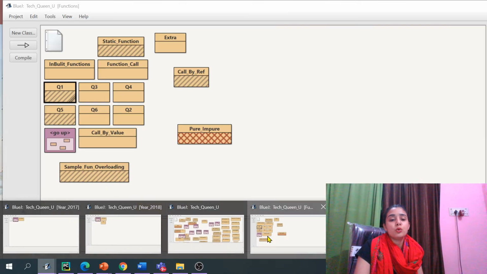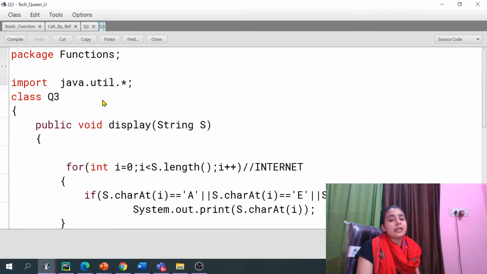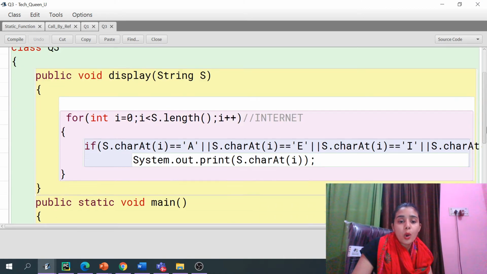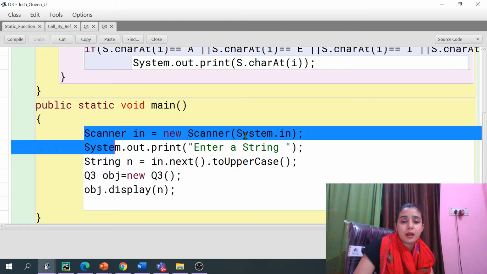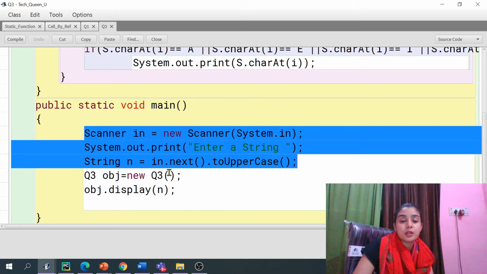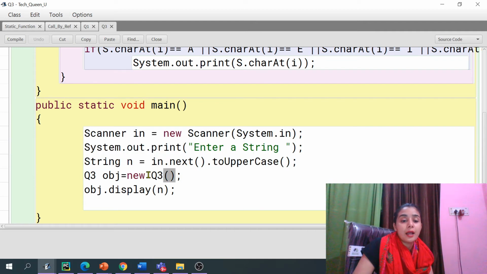Jumping back to the BlueJ, opening question number 3, and what we did there, this is my main method. Here I have just created the Scanner class object. With the help of that, the user will enter something, and now you are calling the function with the help of this object. Which function?